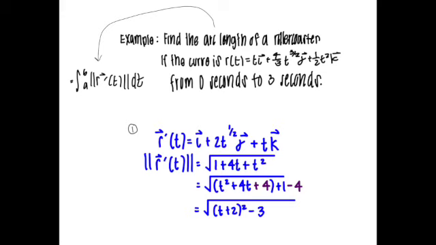So we now just completed the first step of finding the magnitude, and because we know the magnitude now, we can integrate it with respect to t and from the time interval of 0 seconds to 3 seconds. Okay, so now, like I previously mentioned, we now have the magnitude, so we're now going to integrate the magnitude. So when we take a look here, we're basically integrating the radical of (t plus 2) squared